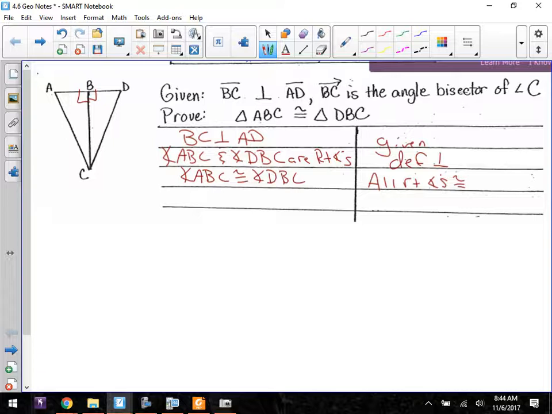The next part says that segment BC, or ray BC in this case, doesn't matter, is an angle bisector of angle C. So we write down BC bisects, or angle bisector, I'll use the symbol, of angle C. That's given. What does that do to your angles, you guys, if you have a bisector? Yeah. So you just say that. You want to mark it and you want to say it. Exactly. So when we have that information given to us,